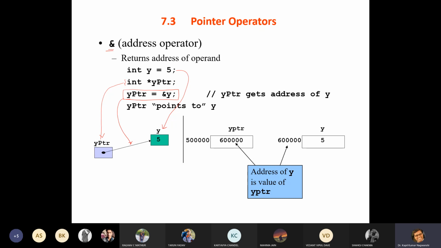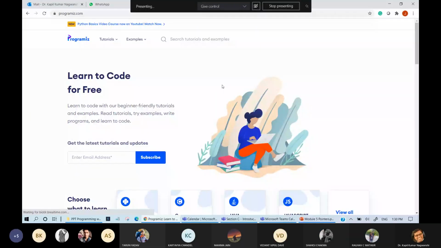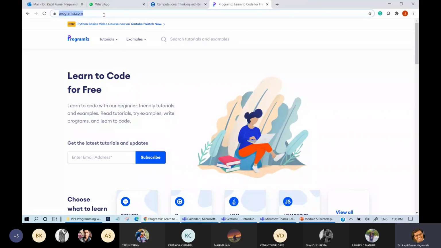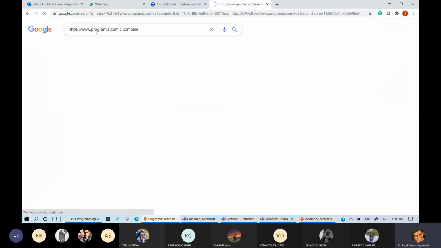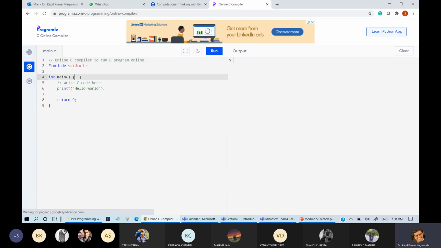So let us see the programming implementation also. So this is our program, a simple program.